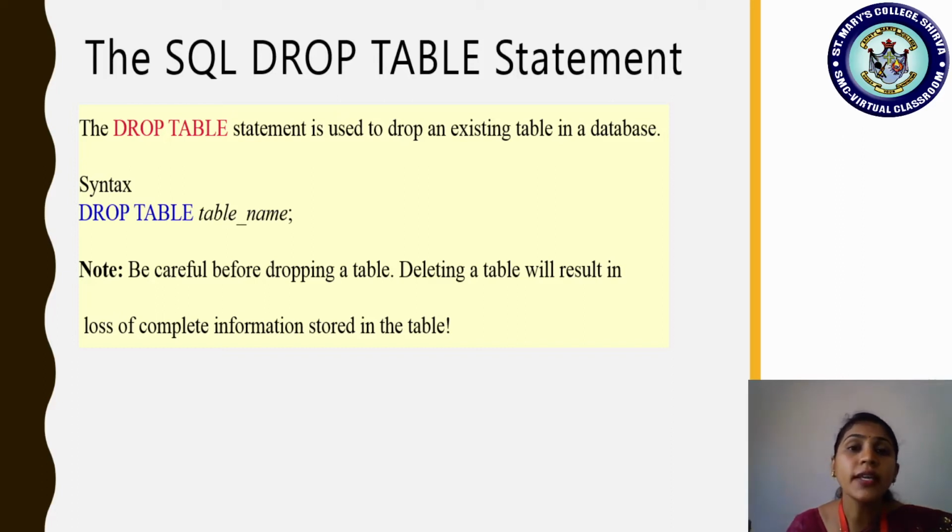So if you are deleting an employee table, then the employee primary key, that is SSN, is acting as a foreign key in which particular table or relation? In department. Similarly, if you want to delete the department table, department number is the primary key of the department table, and department number is present in the employee table, where it is acting as a foreign key.